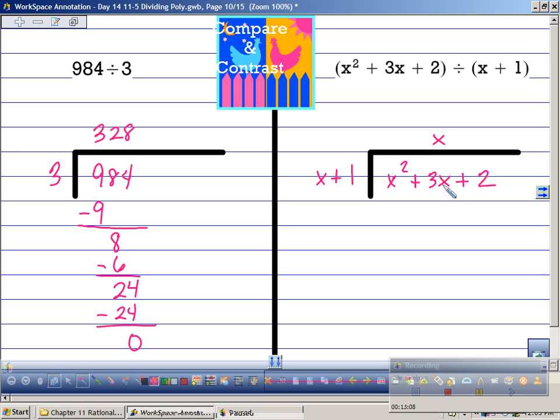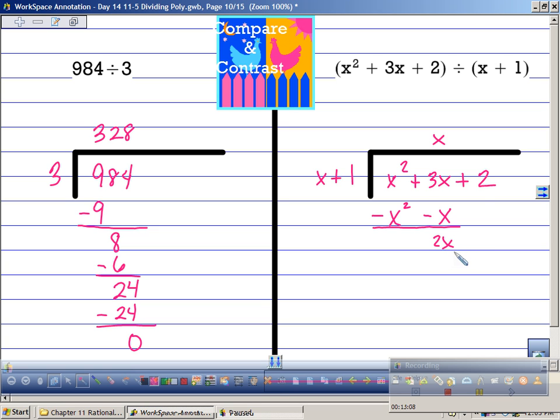I'm going to put x above here because it matches with that one. It lines up. X times 1 is x. X times x is x squared. Draw the line, change the sign. X squared minus x squared is nothing. 3x minus x is,